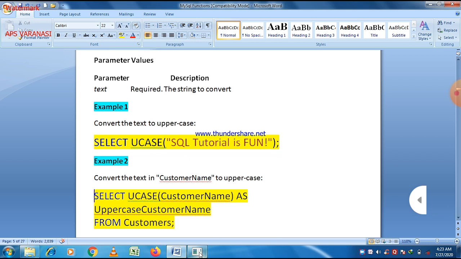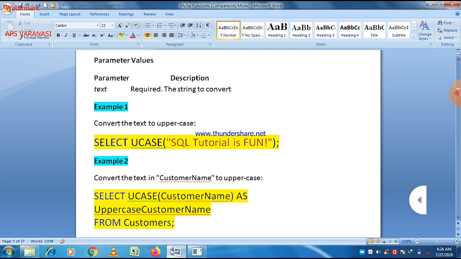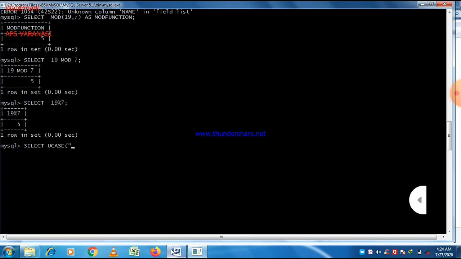And if you want to apply it to a table, that is also possible. The column name of a particular table will be in uppercase or lowercase according to the use of UCASE and LCASE. Here just write a simple case. Select UCASE, and within the double quotes the string is SQL tutorial is fun. Intentionally we write some letters in uppercase and some in lowercase.